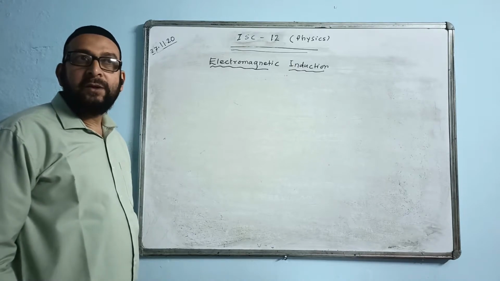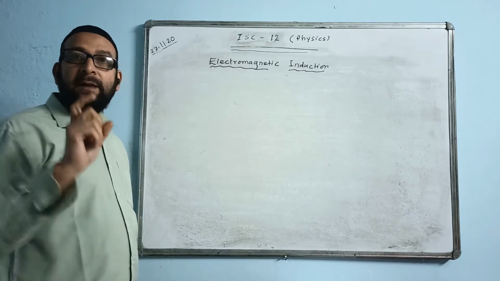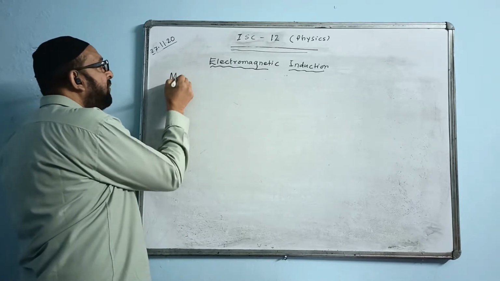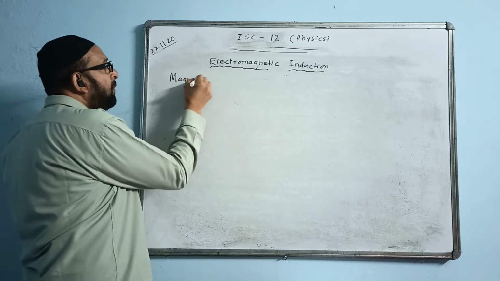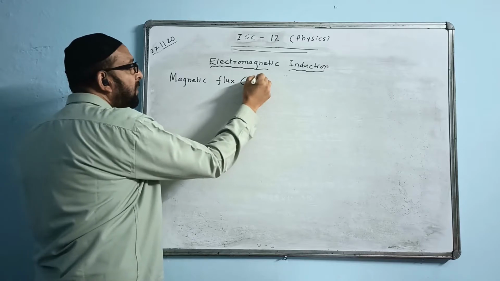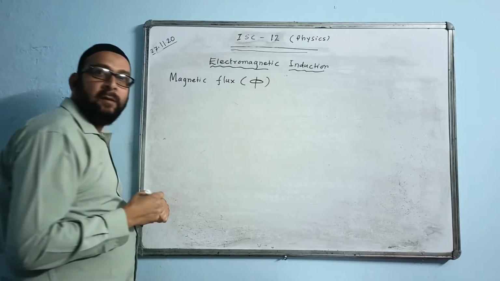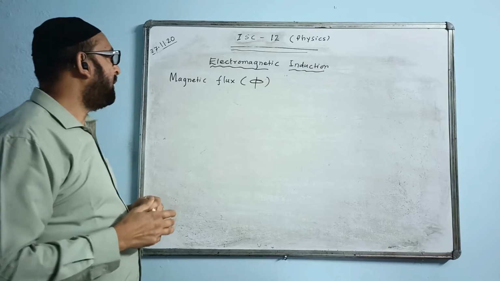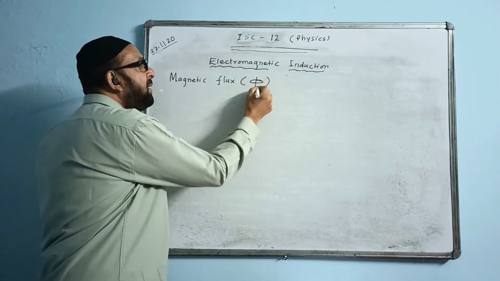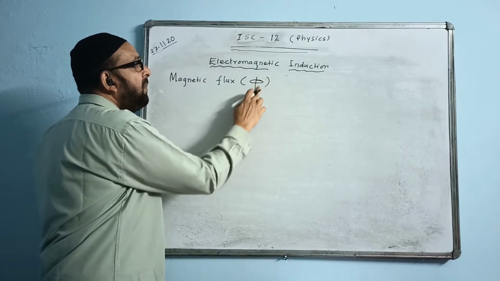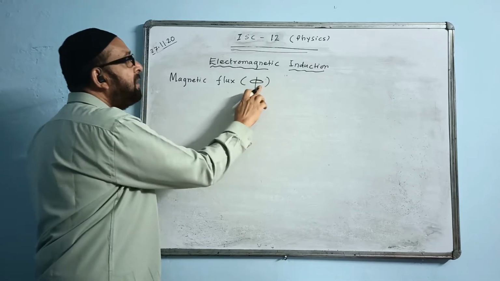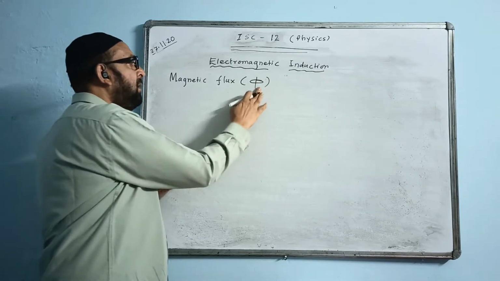In this chapter, first you have to learn what is magnetic flux and how do we measure it. The first heading you can give is magnetic flux, denoted by phi. So we give the symbol phi to denote magnetic flux. Electric flux is also phi, but we write E there, this is electric flux. If you want, you can write phi and B for magnetic flux, or you may not write anything, that means phi is only for magnetic flux.